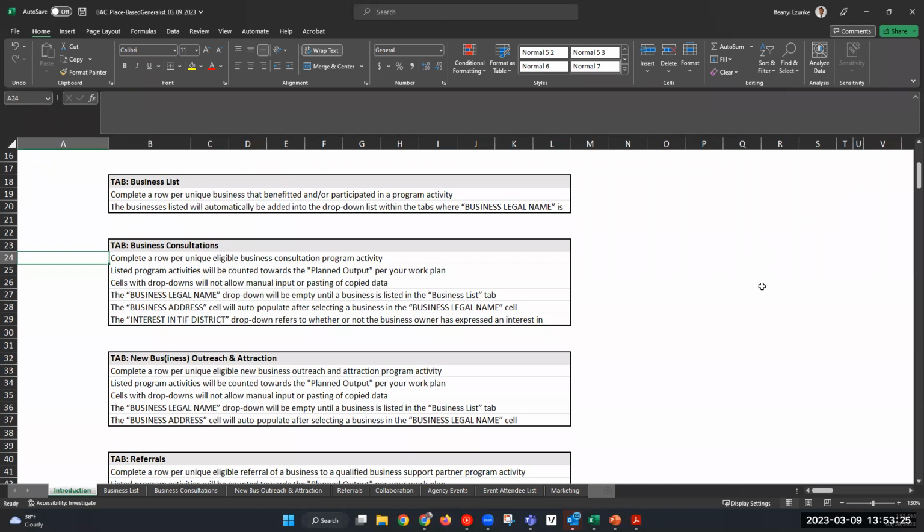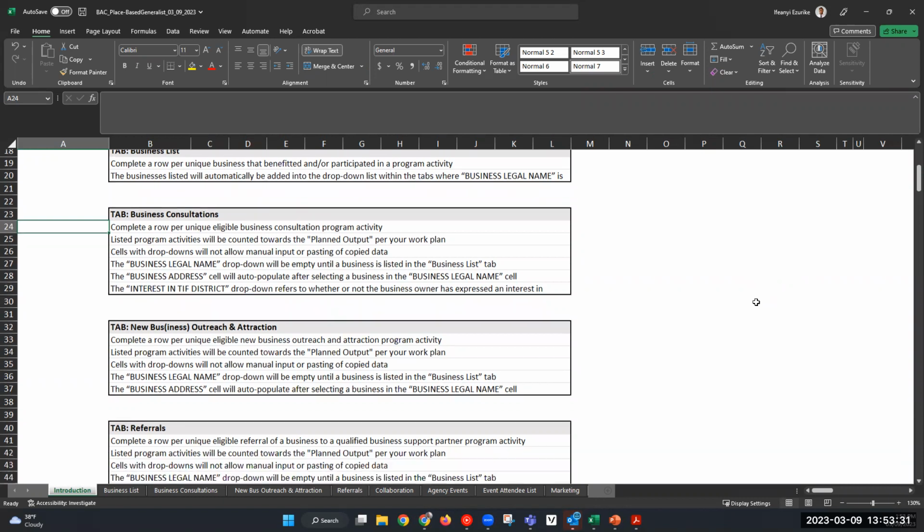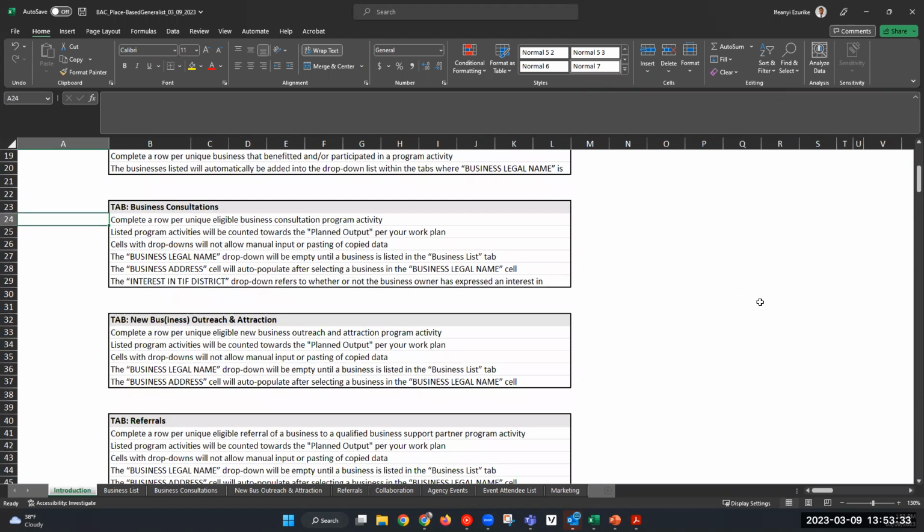the business list tab. The next tab is the business consultation tab, and it instructs you to complete a row per unique eligible business consultation program activity. Listed program activities will be counted towards the plan output per your work plan.